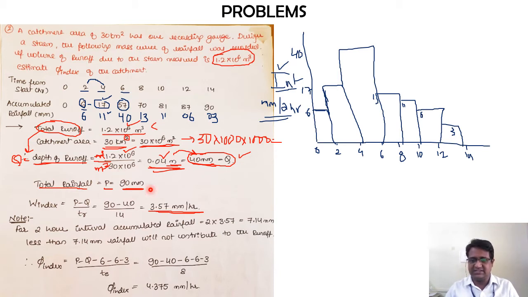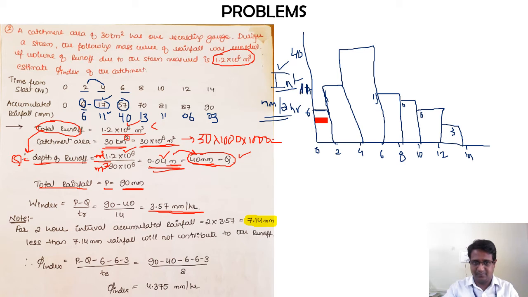Okay, so at that point of time, now if you can check out the first section, that is 6, right? So 6 is less than 7.14. Okay, this is our benchmark now per 2 hours. So 6 is less than 7.14. Next we have 17, sorry, it is 11 actually. Yeah.